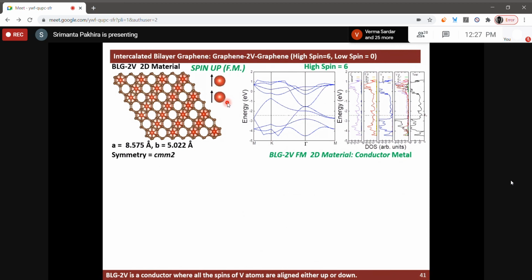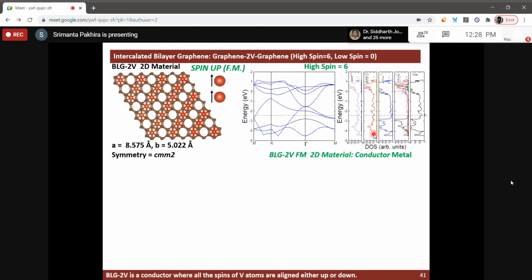And when we plotted the band structure in the same direction, M K gamma M, we observed that bands are randomly overlapped. One valence band goes to this region and overlaps with the conduction band. Similarly, this band is also jumping. Whatever calculation we did, the total density of states and the individual density of states for s, p, px, py, pz and dx, we observed that the properties come from the d electrons of the vanadium, and it is a conductor material. Very good.